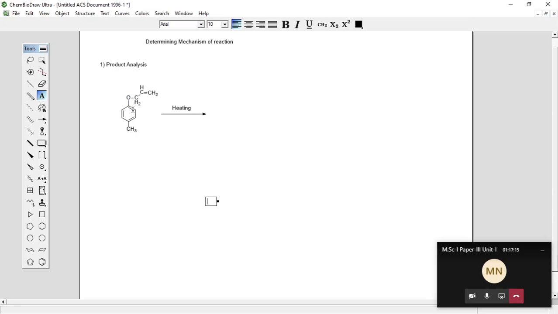This is your ether functional group, R O R, with a phenyl group. Let's label for simplicity: this CH2 is your alpha carbon, this is your beta carbon, and this CH2 is your gamma carbon. So when you heat this allyl phenyl ether,